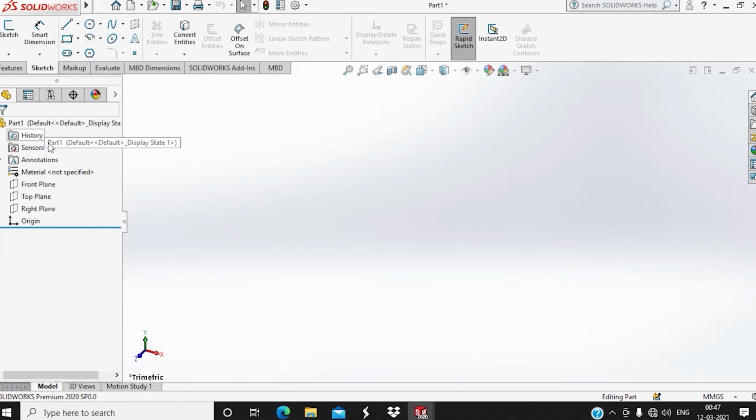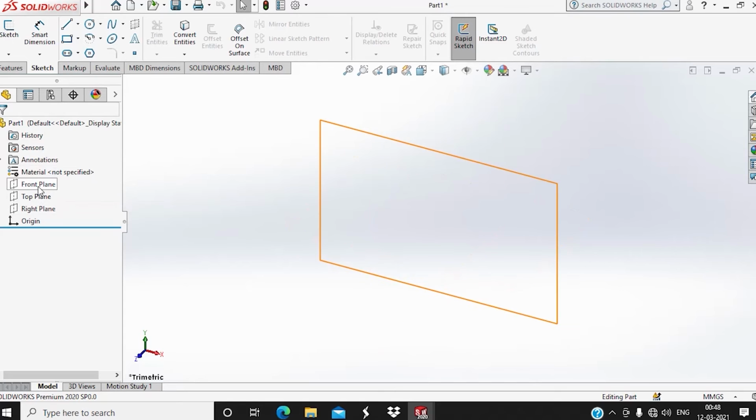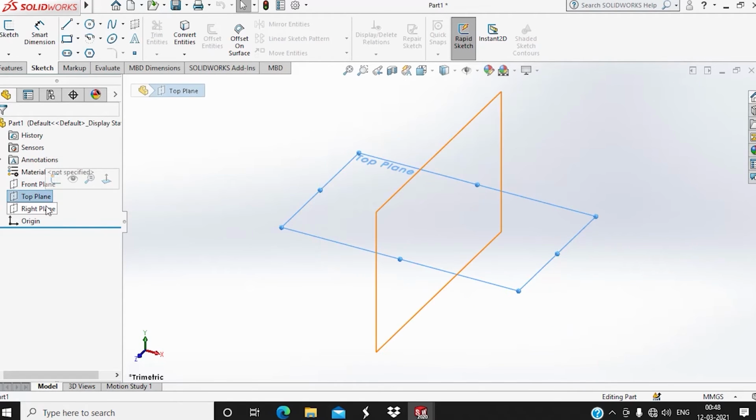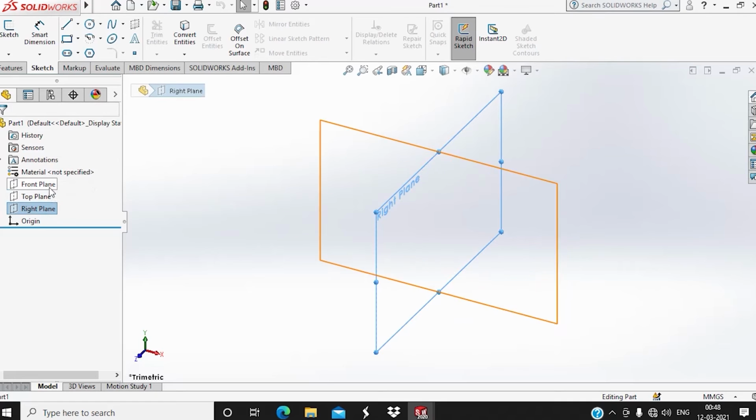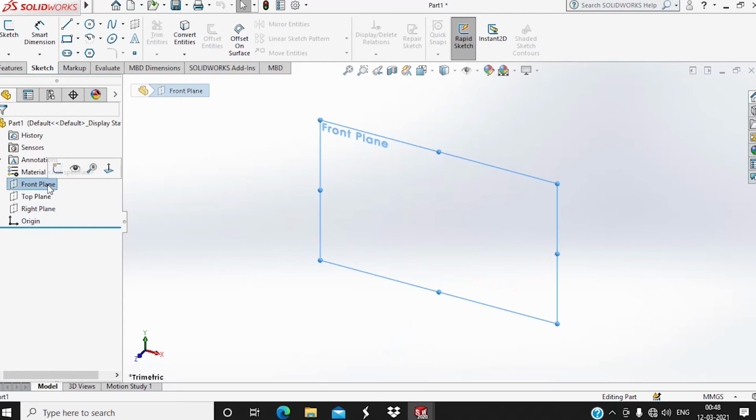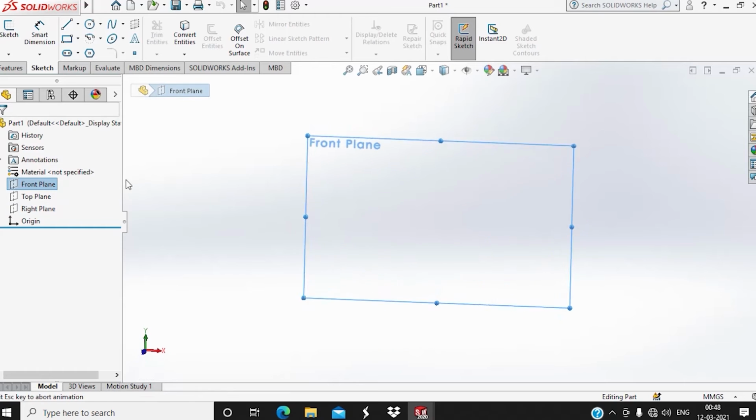Next, in the feature manager design tree, there are planes: front plane, top plane, right plane. Plane is a flat construction geometry. We will be creating 2D sketch in these planes. For creating a sketch, select a plane and click on the normal to option.